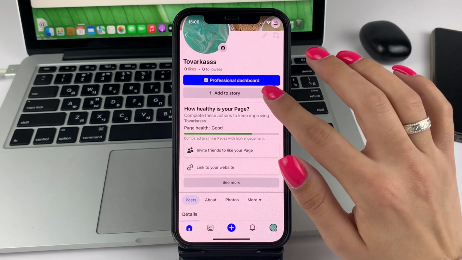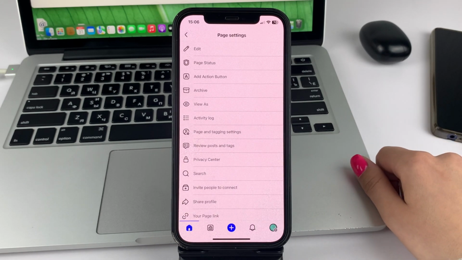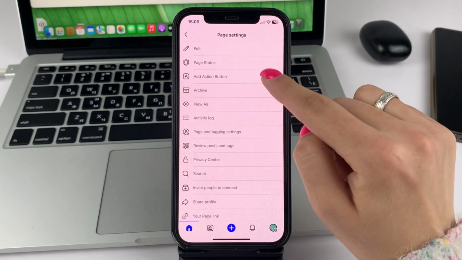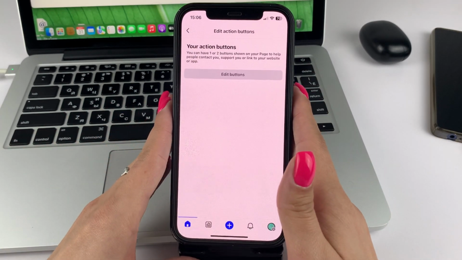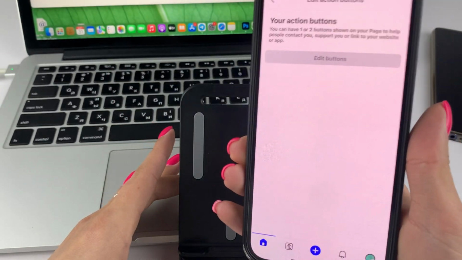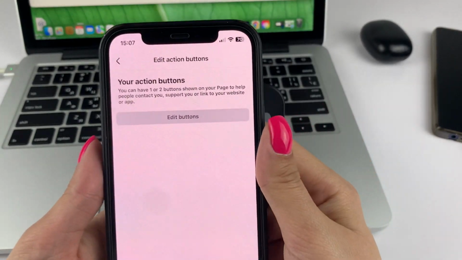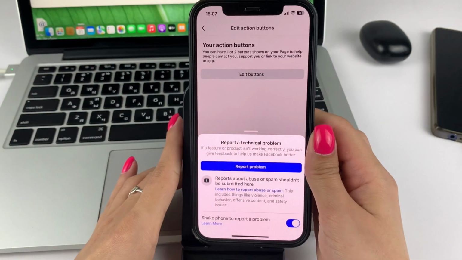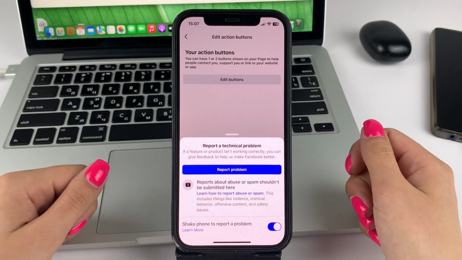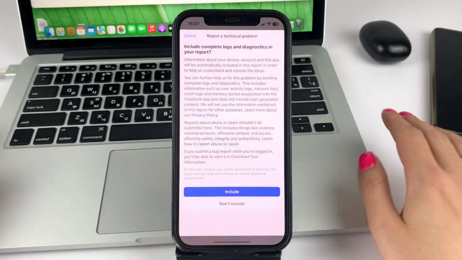If you don't have a subscribe button, for whatever reason, on your Facebook page, then there's only one option to remedy this situation. So, in the page settings, select the option to add a button. And now you will need to take your phone and shake it. When you shake it, you will see an option like this appear on the screen of your phone. This is an option through which you can contact the support team to report your problem. So tap on the Report a Problem section.